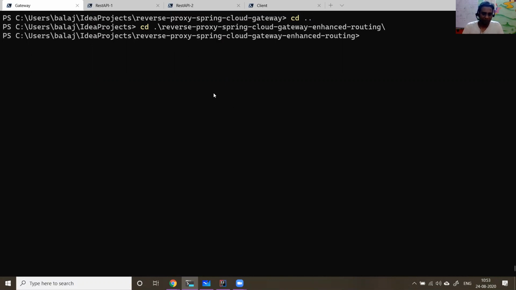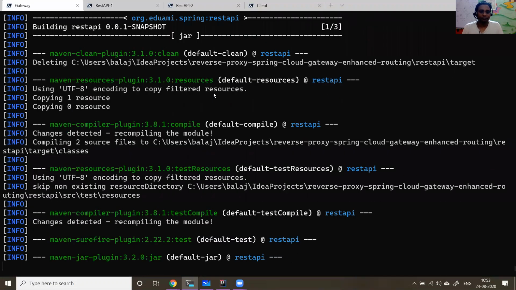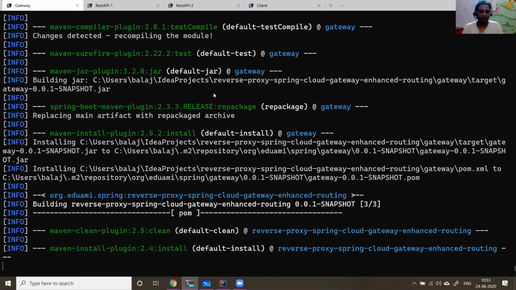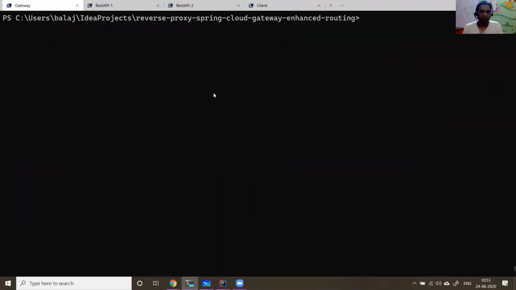So here, let me do a clean install. Now let me start the gateway, java jar gateway target gateway.jar. So I'm starting the gateway.